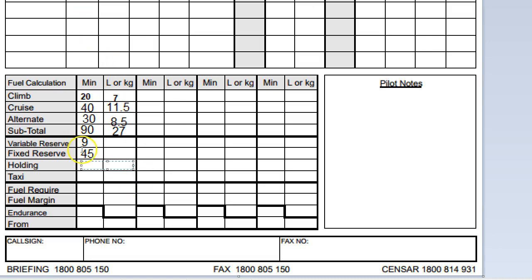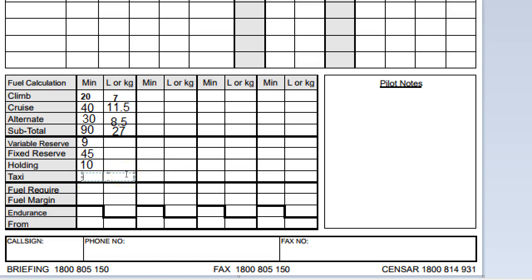Now, depending on how many legs you're flying, that could multiply out. So, for example, if you're going from Port Macquarie to Tamworth to Scone to Corinda, and you're going to land at all of those, then that could multiply out, and so could your climb minutes up here. But let's just say you're doing a single leg flight, and I think holding also is holding in the circuit. So let's say you've got to do a couple of orbits before you can get in the circuit because there's lots of traffic when you arrive. Then what you would do, let's pop in 10 minutes there,